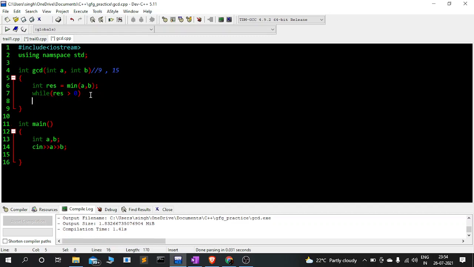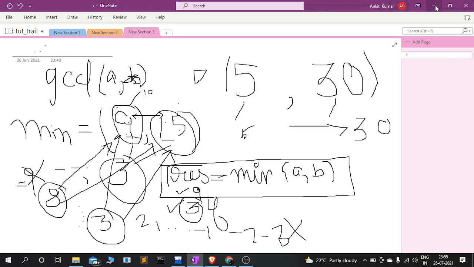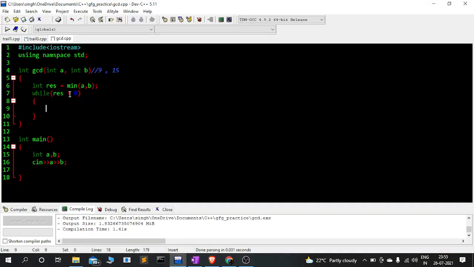While res is greater than 0. Why are we putting this condition? Because assume that it doesn't get 3, then 2, then 1, then it will go on and it will reach till -1, then -2, then -3. That we don't want, right? So in order to nullify that outcome, we'll have to give greater than 0, that is positive. It should be positive, not negative. So while the result value is greater than 0, what you do is